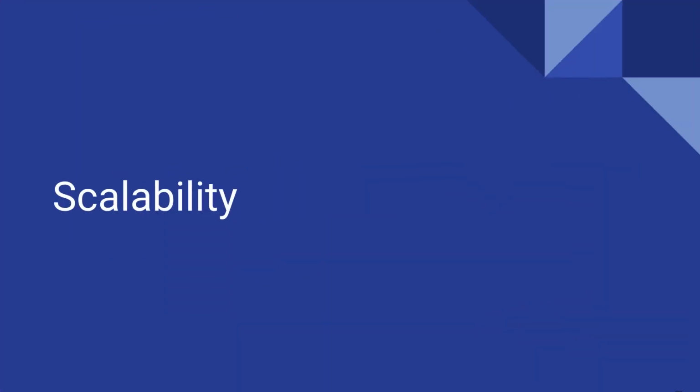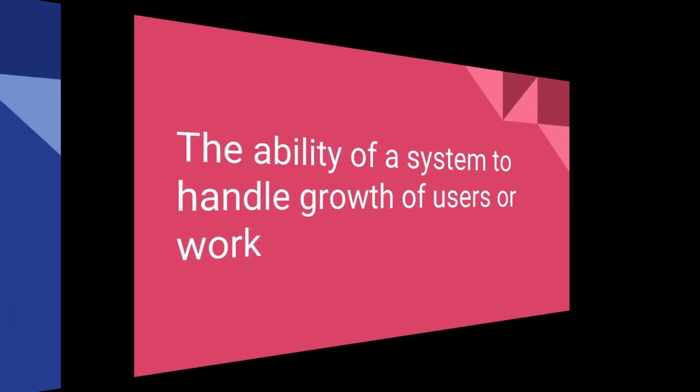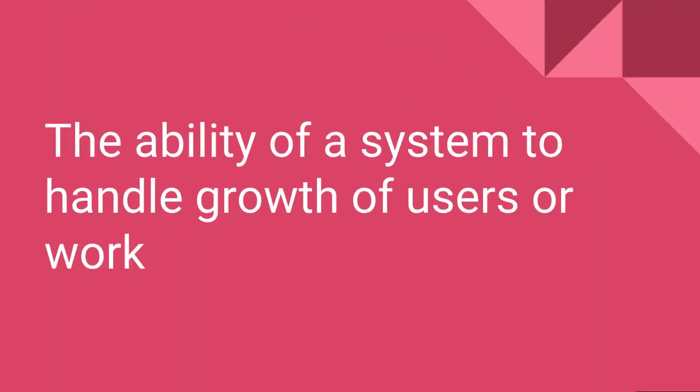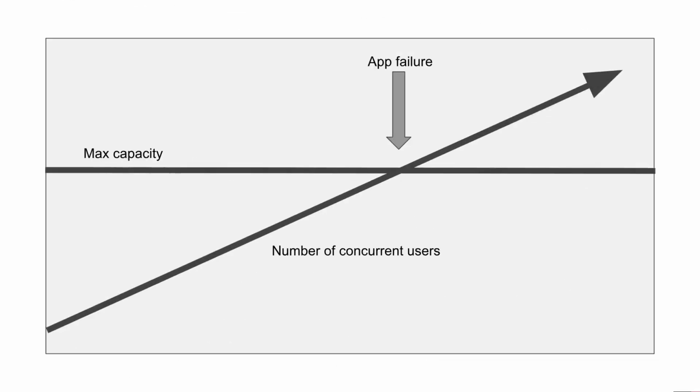Now, related to that is this idea of scalability. Scalability is your website's ability to grow as your users and your number of concurrent users grow. So every system, even Google, Amazon, Facebook, your WordPress site, has a maximum capacity. There's going to be a number of users that are trying to access your site, after which the next person's going to get an error message. This is inevitable. Even Facebook couldn't handle 2 billion people trying to access Facebook at a given instant.